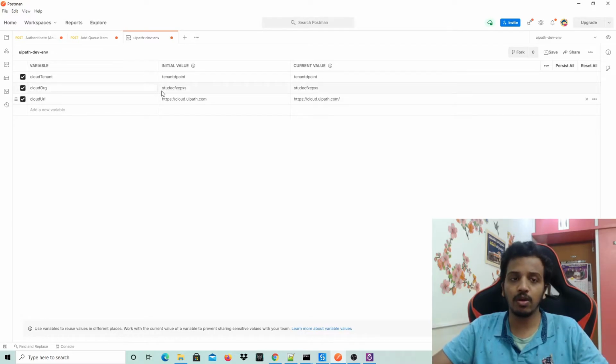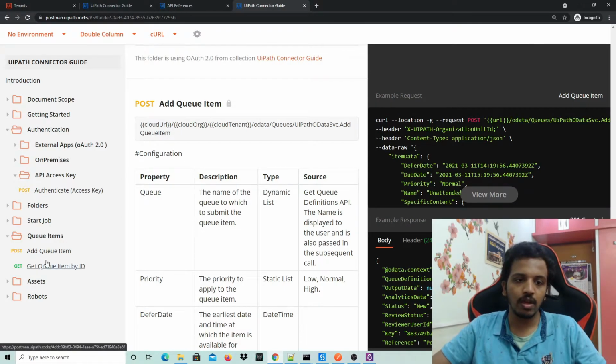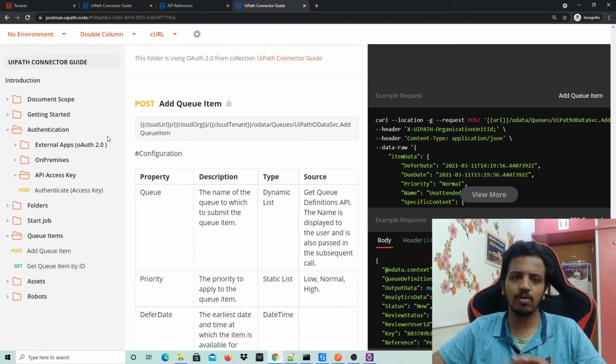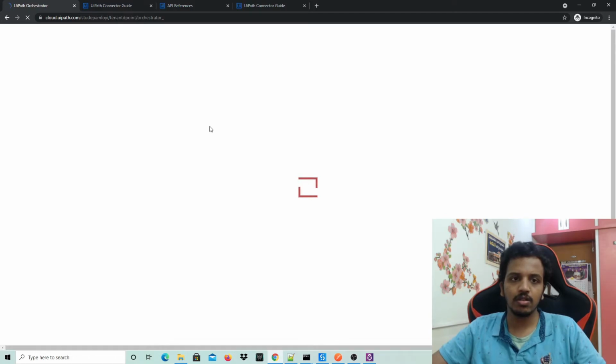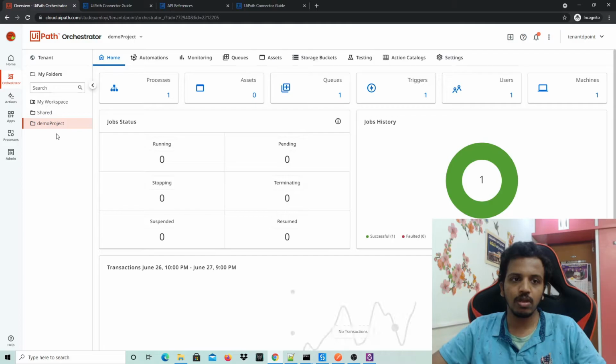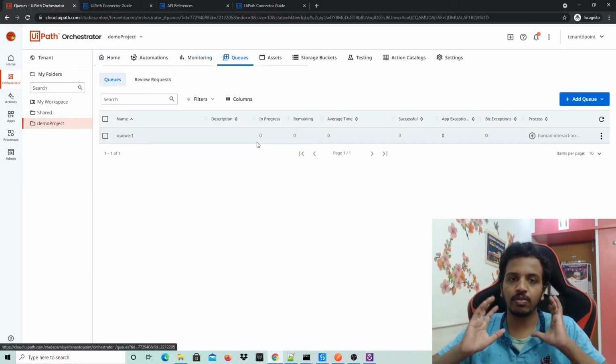And then the cloud org. How can you get the cloud org? Again, I have APIs to get org, assets and everything, but to avoid all this I can simply go to my tenant, to the Orchestrator. Okay, I'm in my queues. Now focus on the URL.